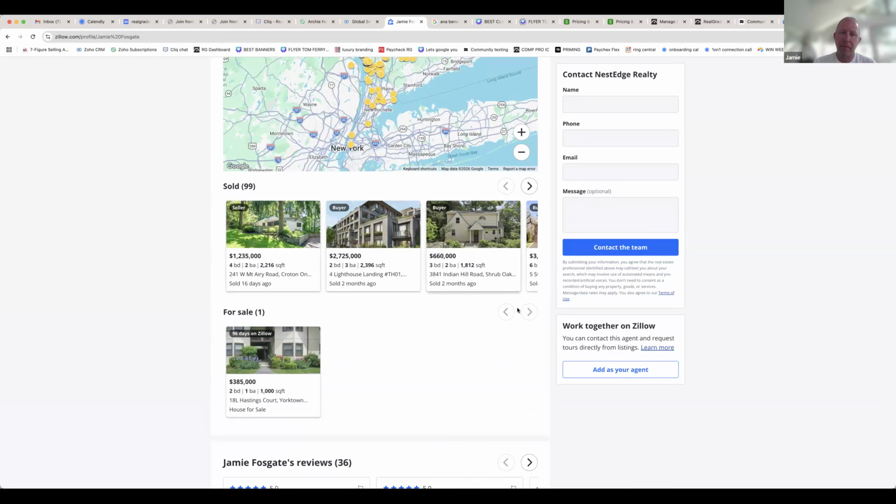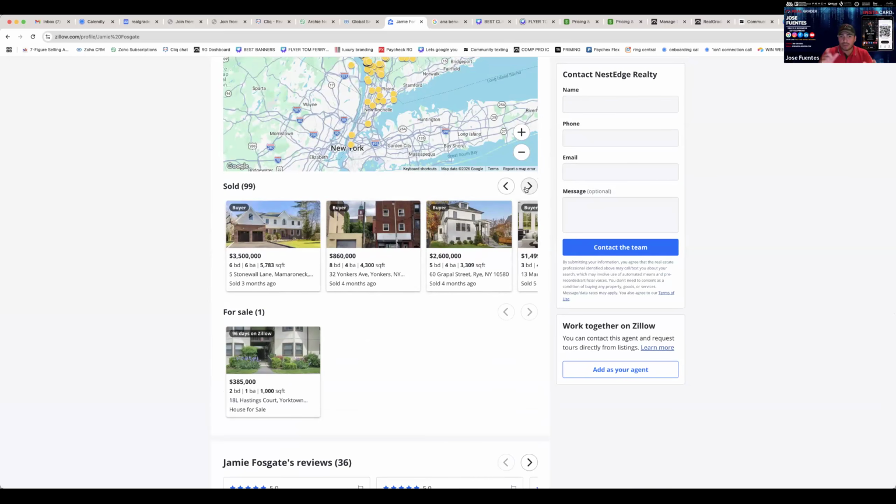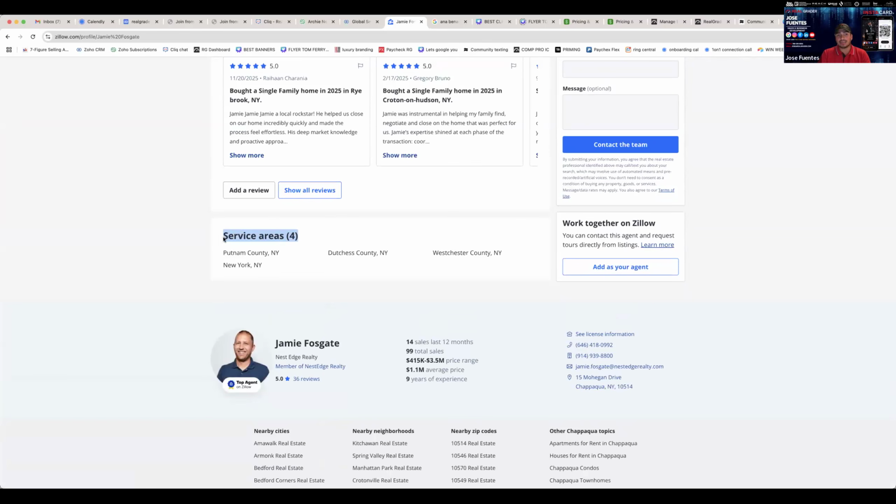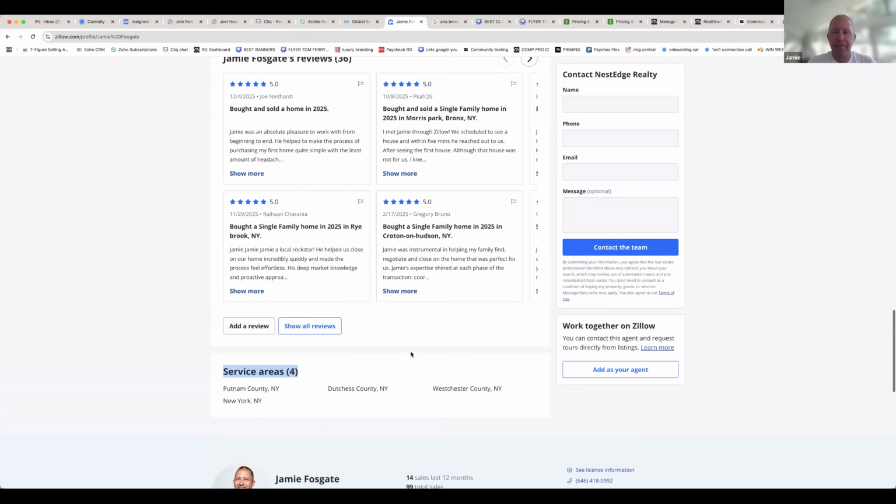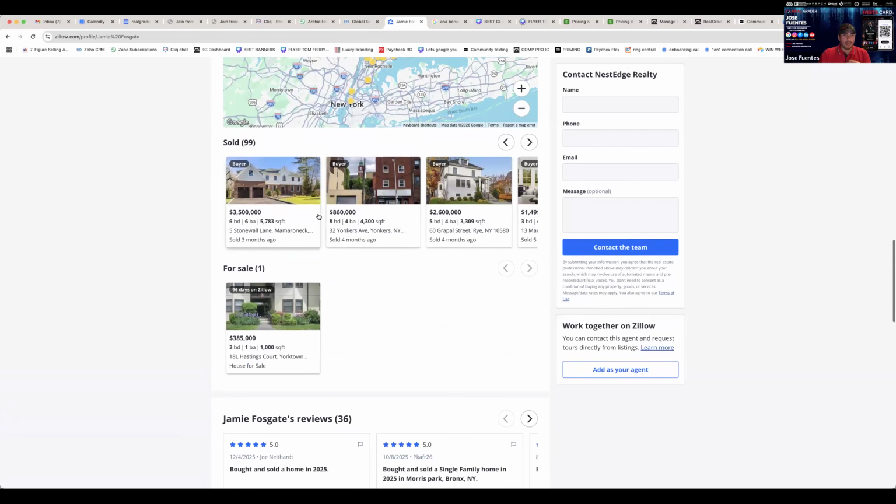when you actually have the individual areas of where you're doing business listed out at the bottom. So all of these areas, whether it's Chappaqua, Manhattan, Yonkers, Rye, you want to have all of those areas individually listed out down here. Okay, so not just the county. Exactly. Counties aren't bad, but what works even better is having the individual areas listed out. Because there is another side to that. If I'm somebody looking for a property, let's say in Rye, similar to the one that you recently sold, $2.6 million, amazing price point, congratulations. Thank you. If I'm looking for a property in that area at a similar price point, instead of seeing